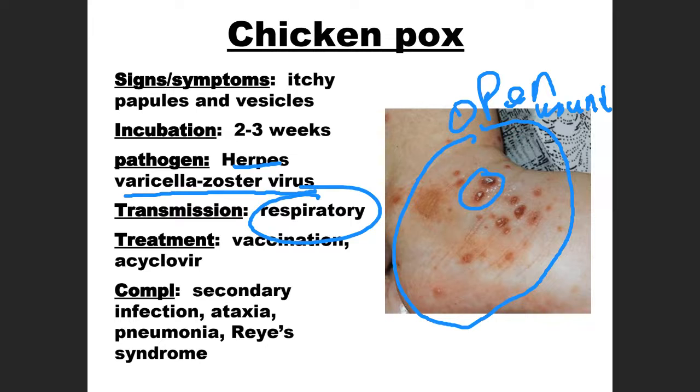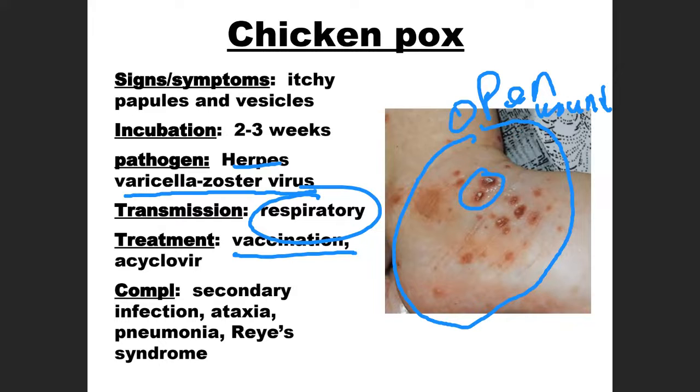Now, many of you out there may have had chickenpox, but we don't really see it a lot anymore because most kids at a very, very early age are vaccinated against it. Okay. In fact, you can't even send a child to school once they start getting into school, you can't even send them to school without this vaccine, right? Now,